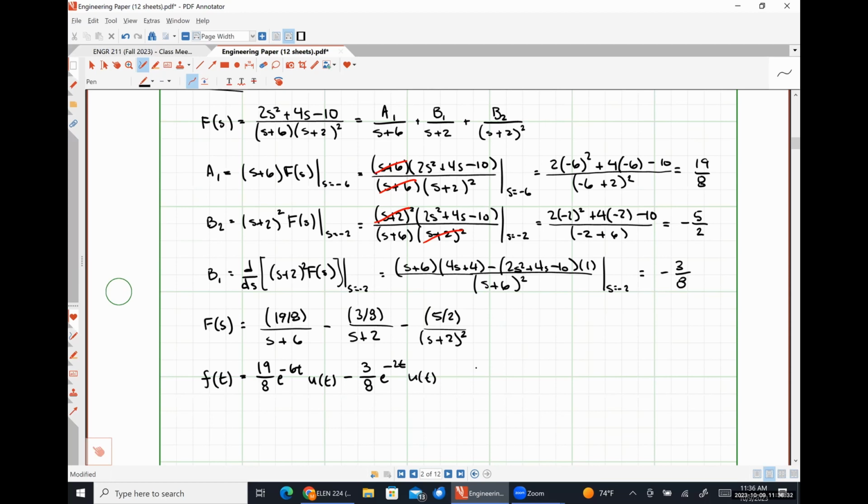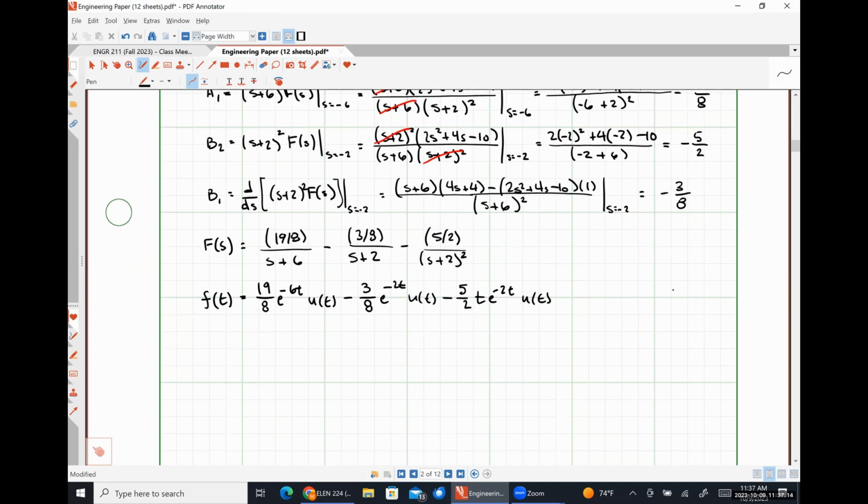All right, what about this next term? Say that again, Daniel. I think you made a slight mistake. I think that's okay. Somebody else take a crack at it? Hannah's got it. Negative 5/2 t e to the negative 2t. And prettying this up,